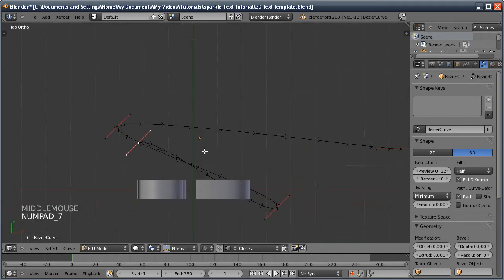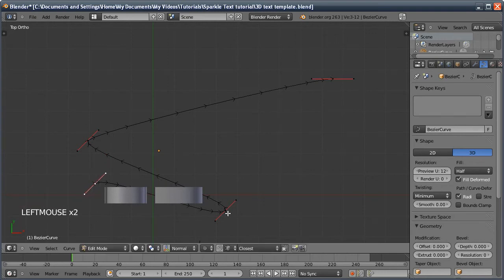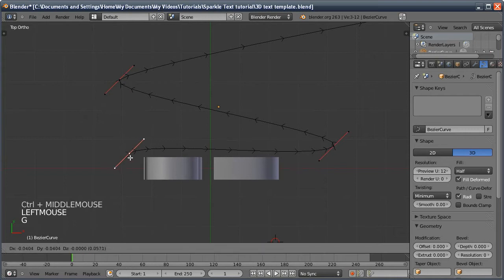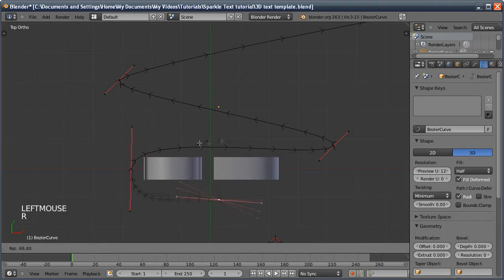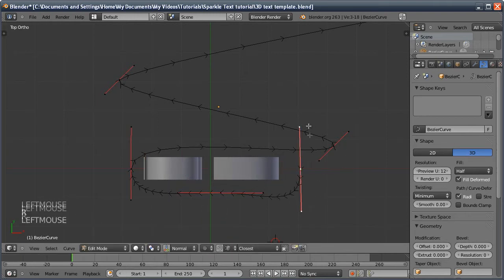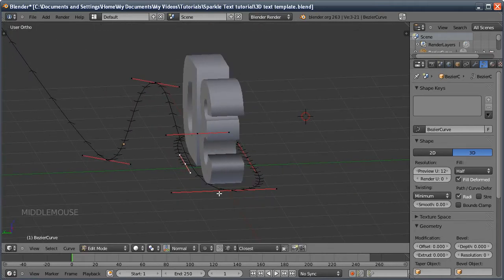If I just go into top view, we can sort this out. So this can go back a bit, this will be forward, this will be about here, and then I'll just start positioning it so we can start having the path go around the text. So I'm just using the normal tools of R to rotate and S to scale, and then extrude again. So now that we've got to this point, to save us a bit of time, we can select all of